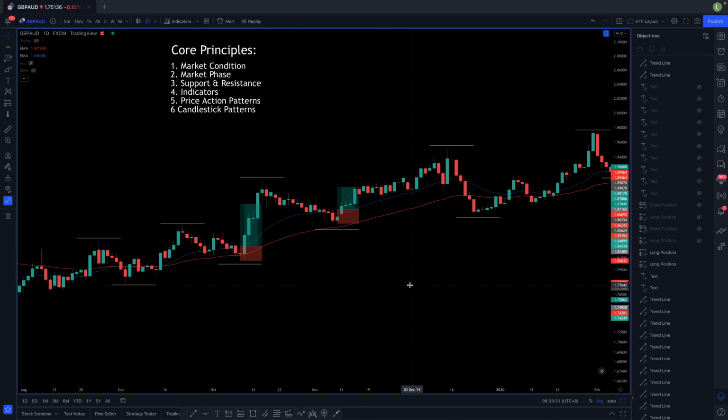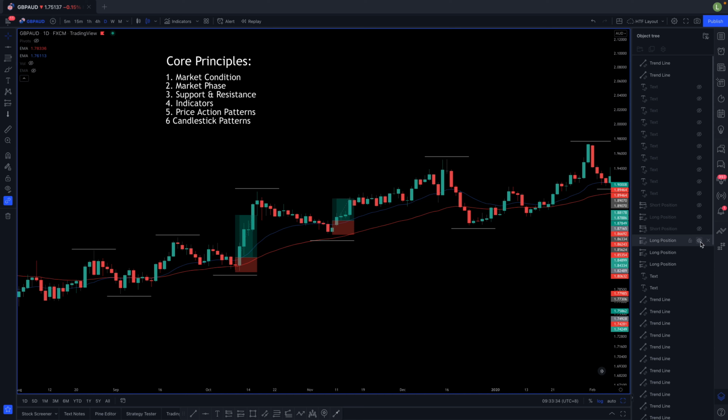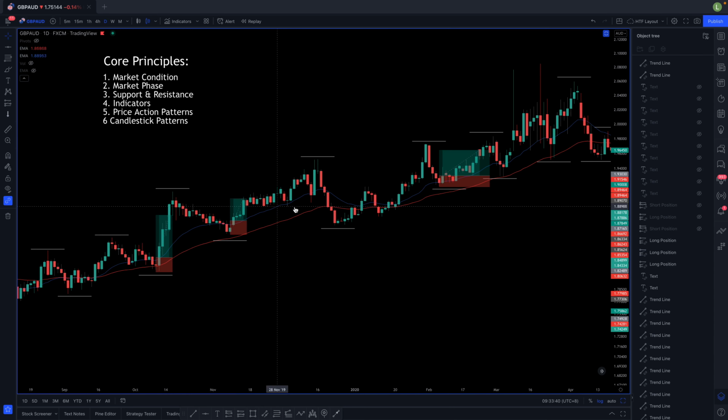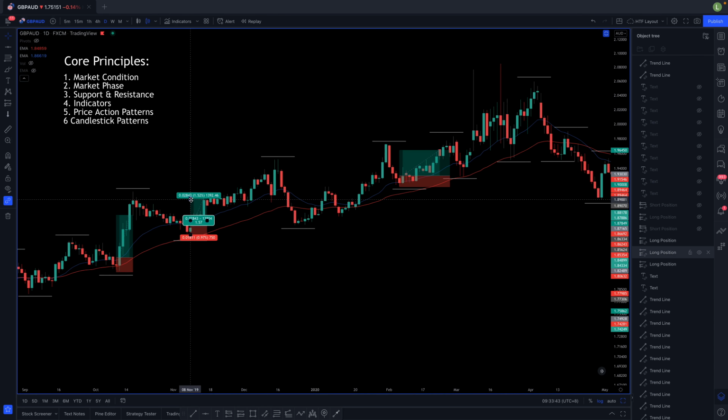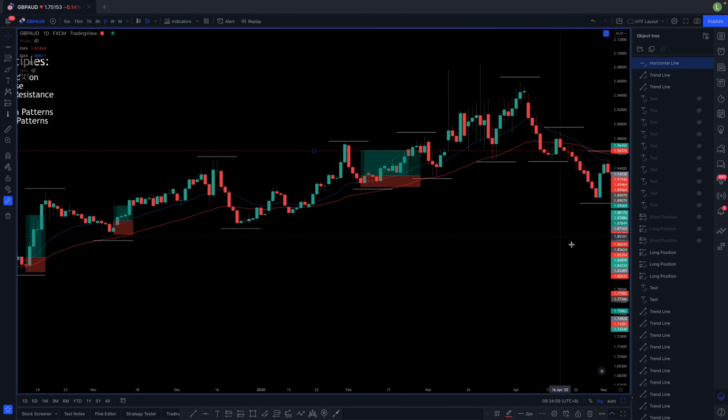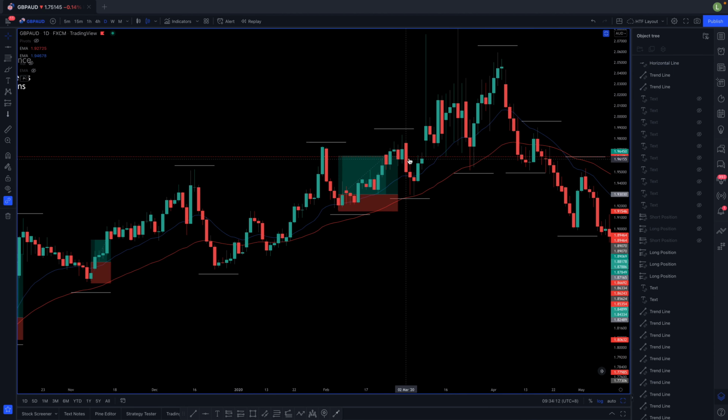Cool. So these are the core principles still. Now moving on, next position. Okay, next position occurred over here, as we can see, and all of these were managed behind those recent lows as well. I know I've been fiddling with this position, and something like that. So if you go through, you'll see we trailed the stop. We started trailing the stop after we reached 1% profit. We didn't begin trailing here. It was after this candle formed that we then went to this low, then this low, then this low, then all the way up to the low behind that doji, which then turned around, broke down, and stopped us out